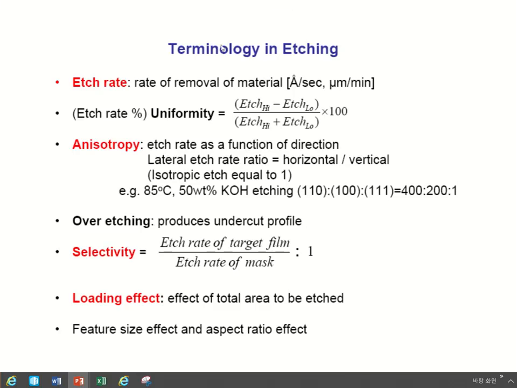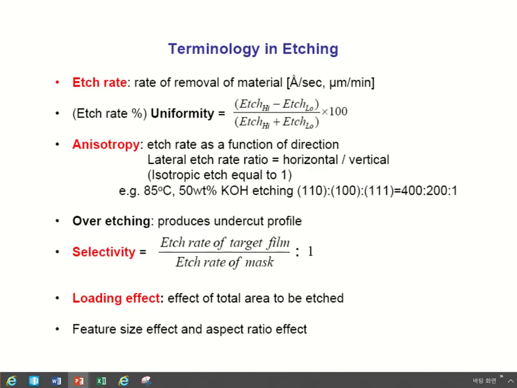You can find the highest etch rate in some part of the wafer, and then the lowest etch rate, and the difference over the summation is called uniformity. If they are uniform, if the high and low etch rates have no difference, then it becomes zero, right? So zero means it's really uniform